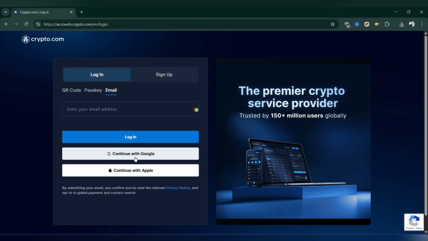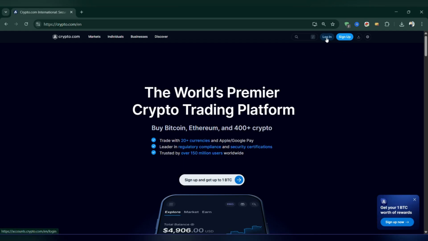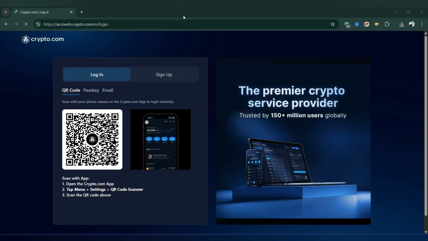This step helps keep your account secure. After clicking the link, you may be prompted to complete additional security steps, such as two-factor authentication. Enter the required code to continue. Once that's done, you'll be logged into your Crypto.com account on desktop and can start trading, depositing, or managing your